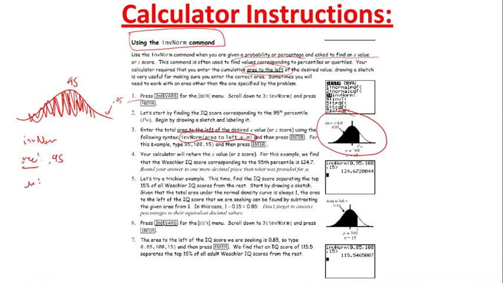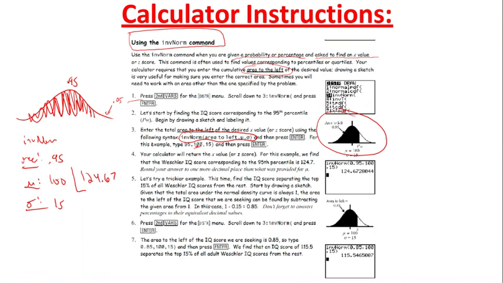Type in our sigma. Now with IQ scores, we had an example like this earlier in the year. The average IQ score is 100, so that's why you see 100 there. And the standard deviation of IQ scores is 15. So all you're going to do is just type those in. Simple as that. And we get